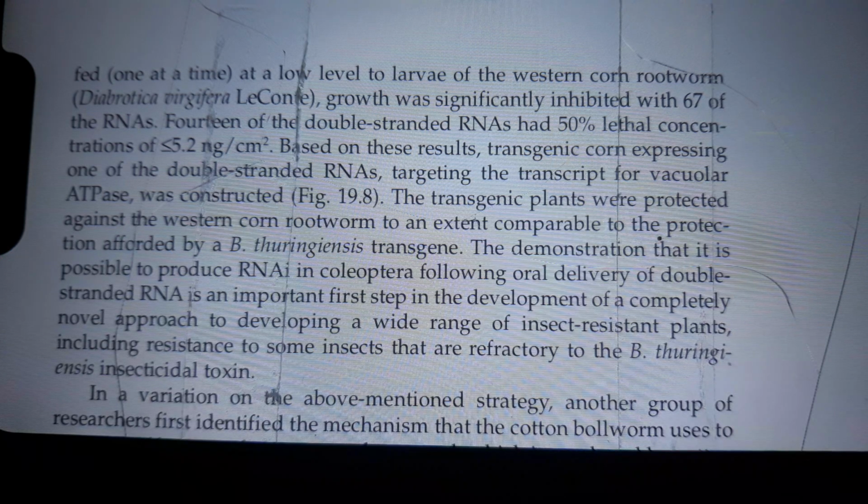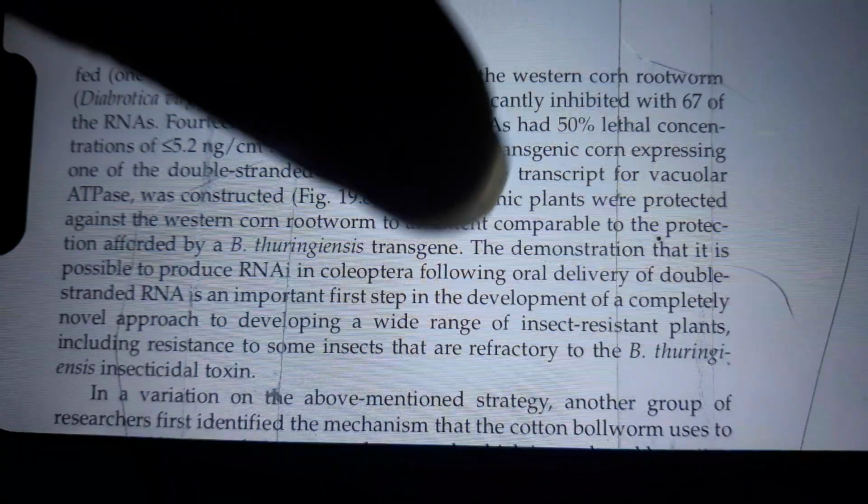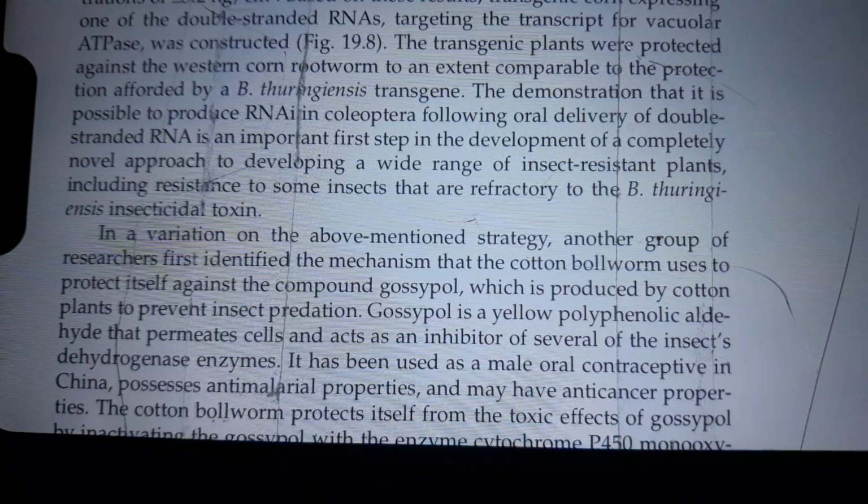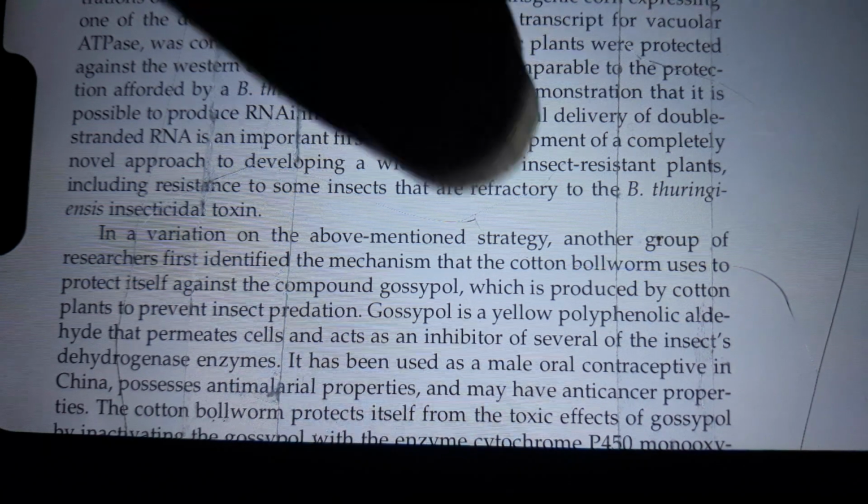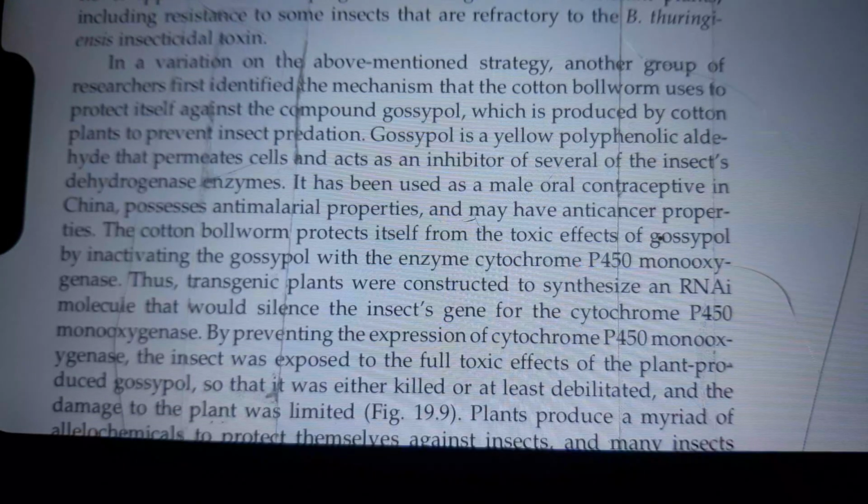a Bacillus thuringiensis transgene. The demonstration that it is possible to produce RNAi in Coleoptera following oral delivery of double-stranded RNA is an important first step in the development of a completely novel approach to developing a wide range of insect-resistant plants, including resistance to some insects that are refractory to the Bacillus thuringiensis insecticidal toxin, and a variation on the above-mentioned strategy. Another group of researchers first identified the mechanism that the cotton bollworm uses to protect itself against the compound